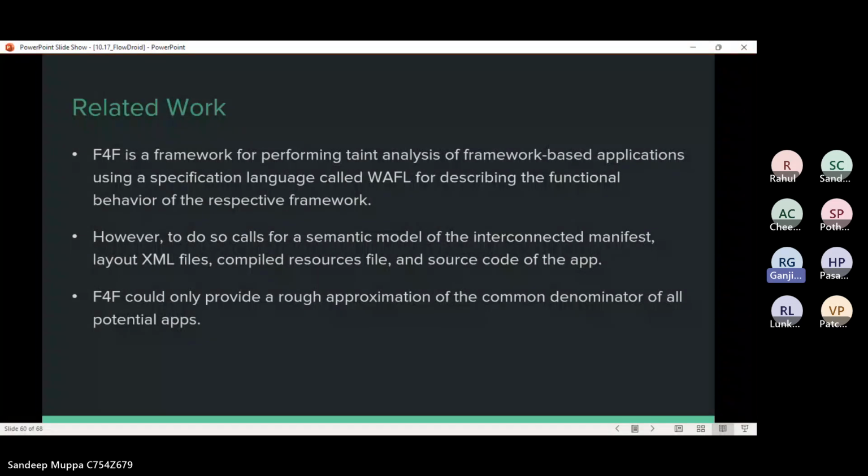F4F is the framework for performing taint analysis of framework-based applications using a specification language called WAFL for describing the functional behavior of the respective framework. While originally created for web applications, it might also be extended to model the Android framework by adding a WAFL generator for Android. FlowDroid's dummy main generation has the big advantage of only including components and callbacks that are indeed